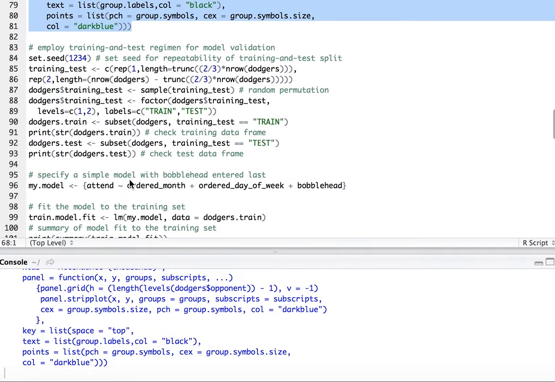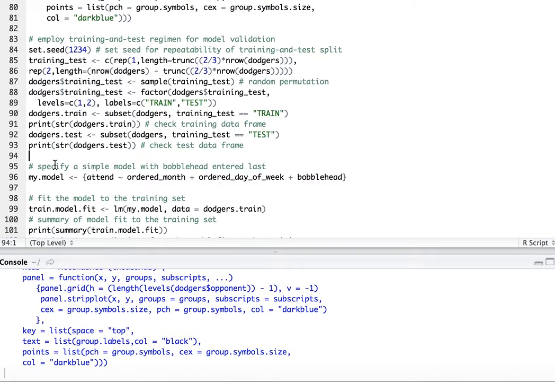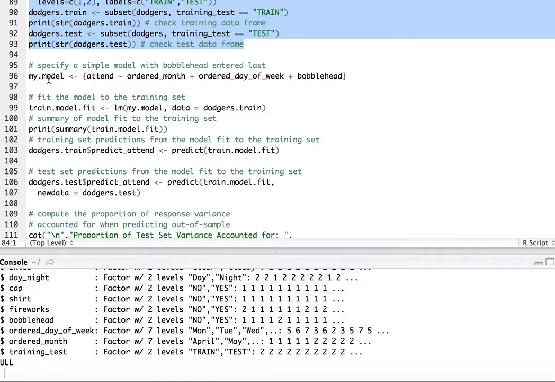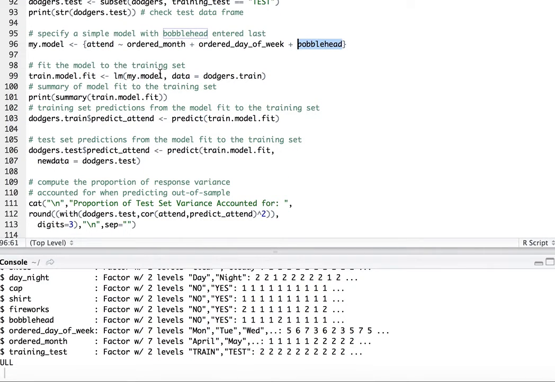Remember last week we talked about the training and test regimen. So here we employ the regimen for model validation by dividing the dataset into two parts, the training part and the test part. And after that, we can create a model, with attendance associated with the ordered month, ordered day of week, and the bobblehead. Then we fit the model to the training set,